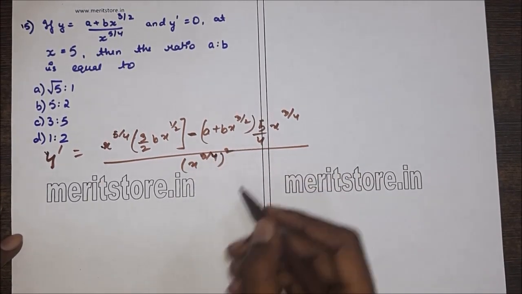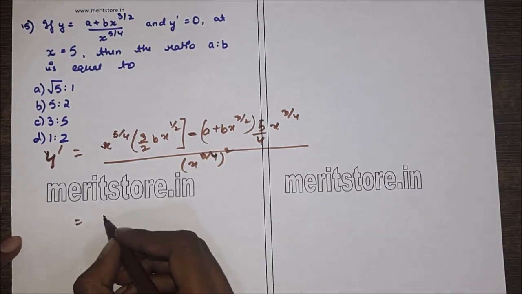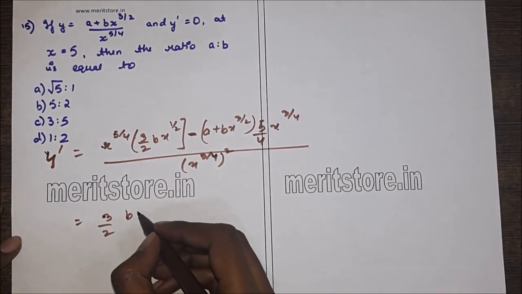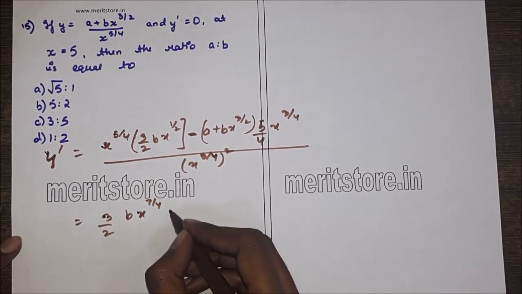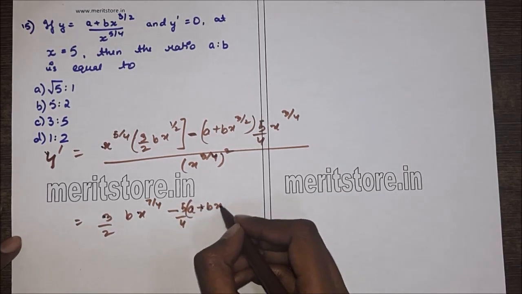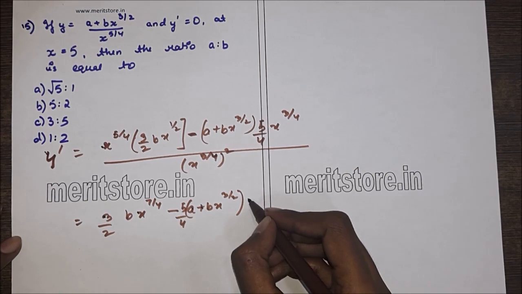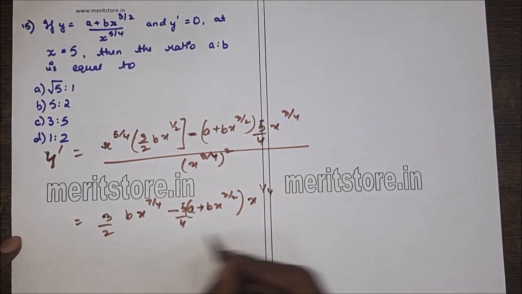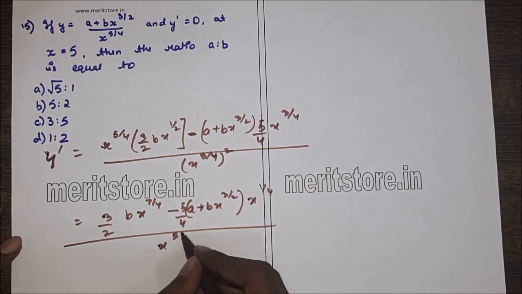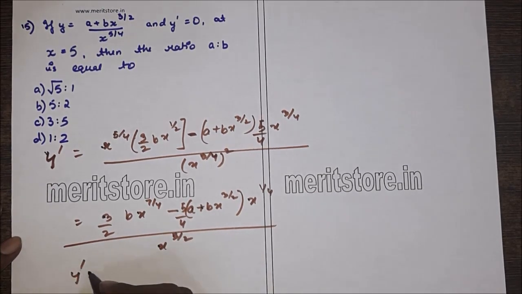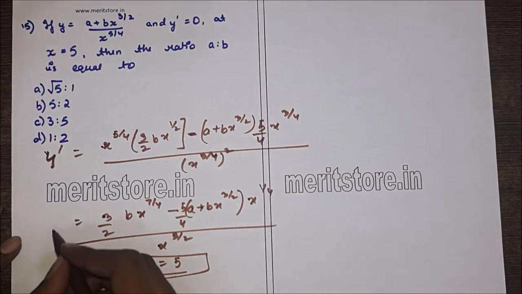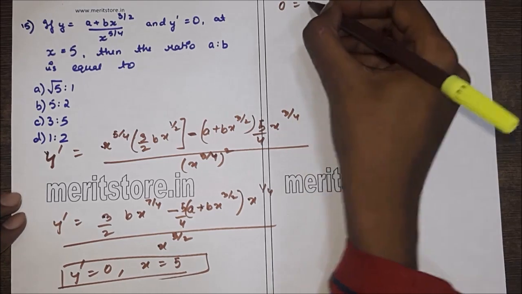So this is 3 by 2 b x raised to 5 by 4 plus half, which is 7 by 4. So b x raised to 7 by 4 minus 5 by 4 times a plus b x raised to 3 by 2 into x raised to 1 by 4, divided by x raised to 5 by 4 into 2, which is 5 by 2. So this is x raised to 5 by 2. So for y dash equals 0, x is 5. So we substitute the values in this expression. We get 0 equals